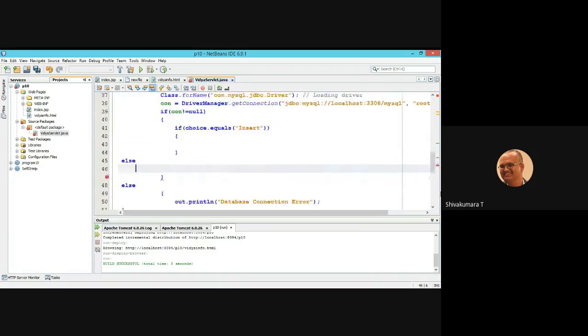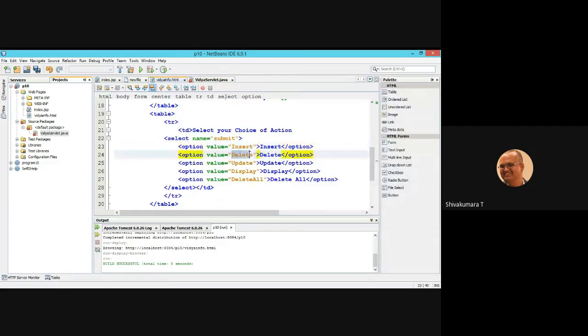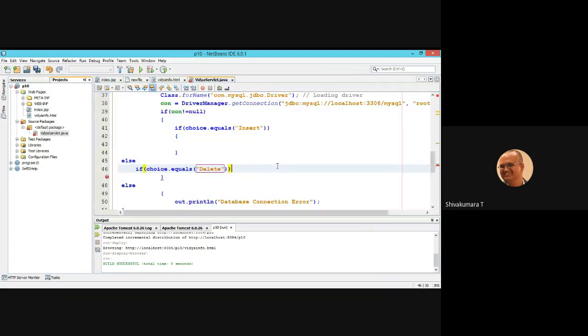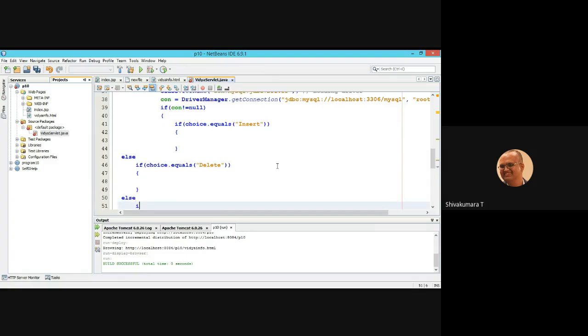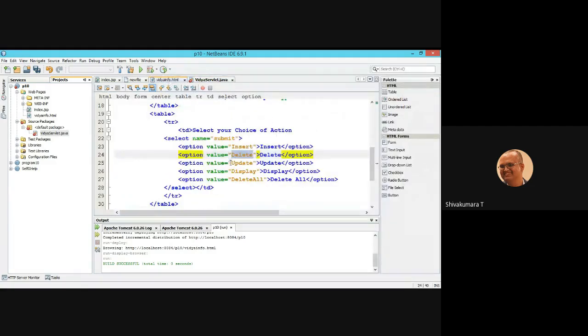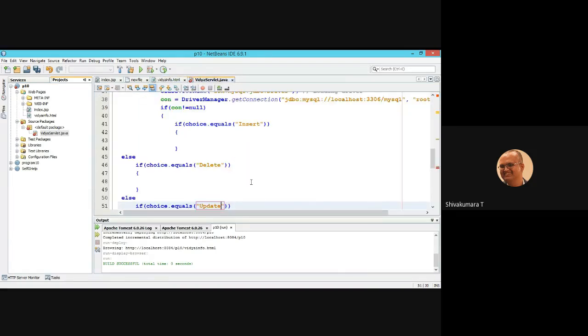Else if choice dot equals delete, if choice is delete. Else if choice dot equals update.